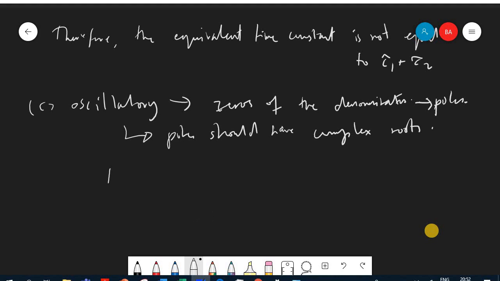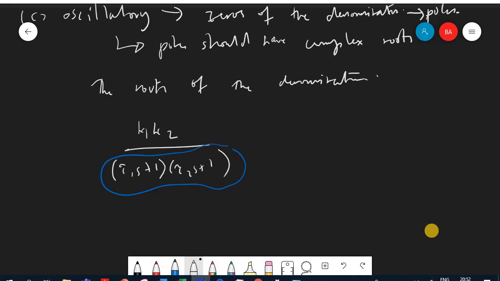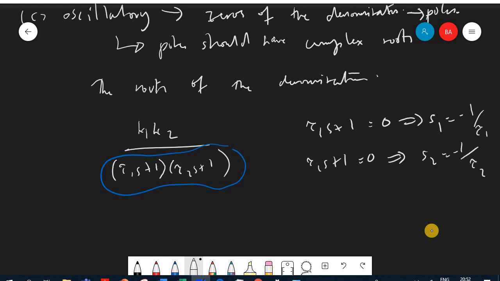If we check the roots of the denominator, what is the denominator? If you remember the transfer function that we have, it is k1 into k2 over (tau 1 s plus 1) into (tau 2 s plus 1). So tau 1 s plus 1 is equal to 0, so s1 is equal to minus 1 over tau 1, and tau 2 s plus 1 is equal to 0, so s2 is equal to minus 1 over tau 2. We can see that both are negative real roots,